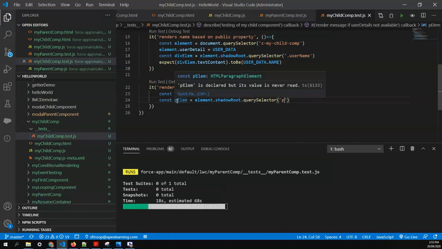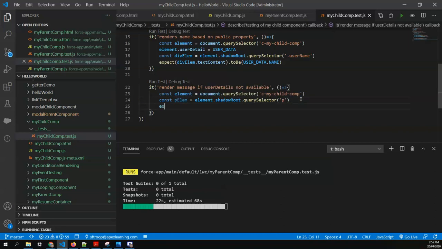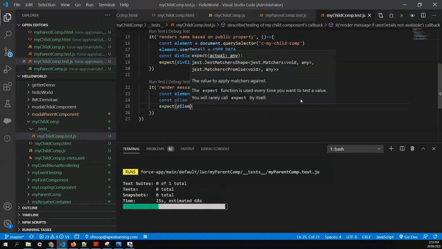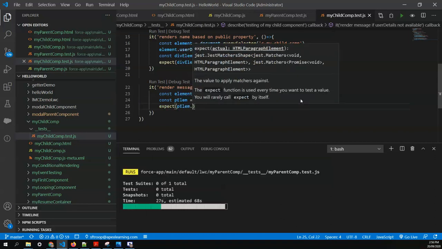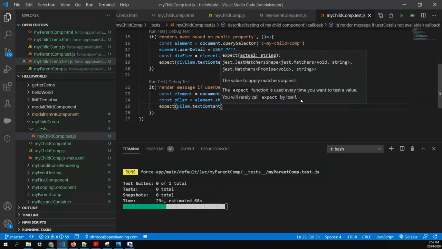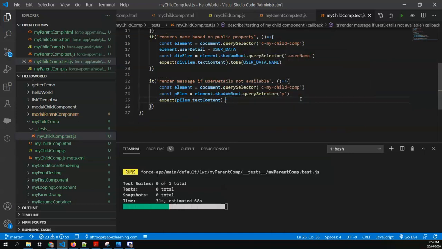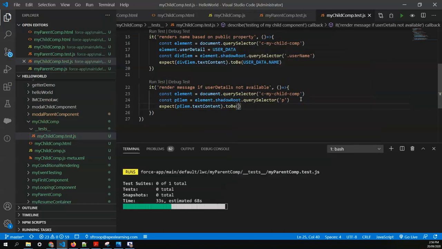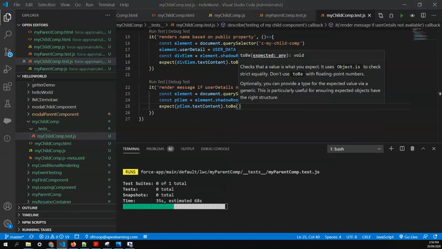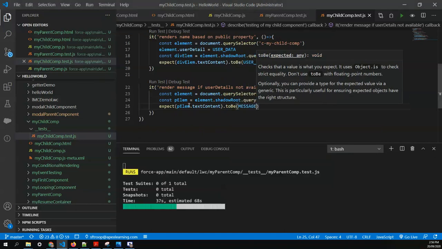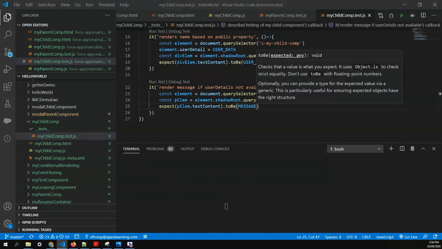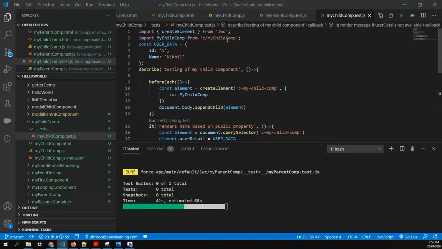You can give the class as well, and we'll say fetch the p tag, and within the p tag check the text content, and it should be equal to, what should be the text content, we can create a constant on the top, message, no user data available.